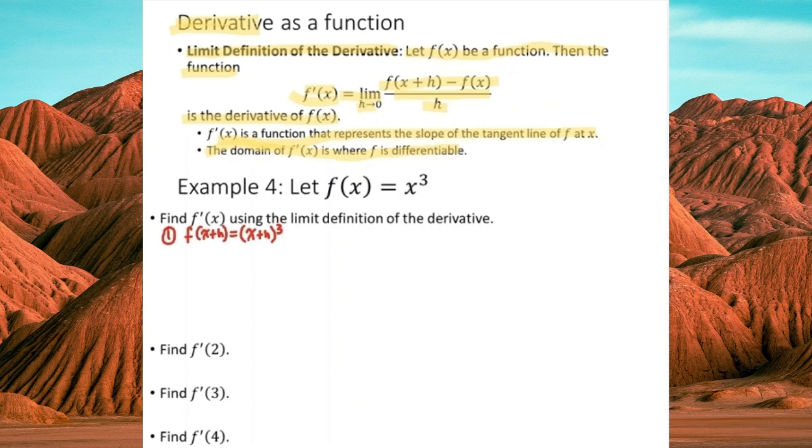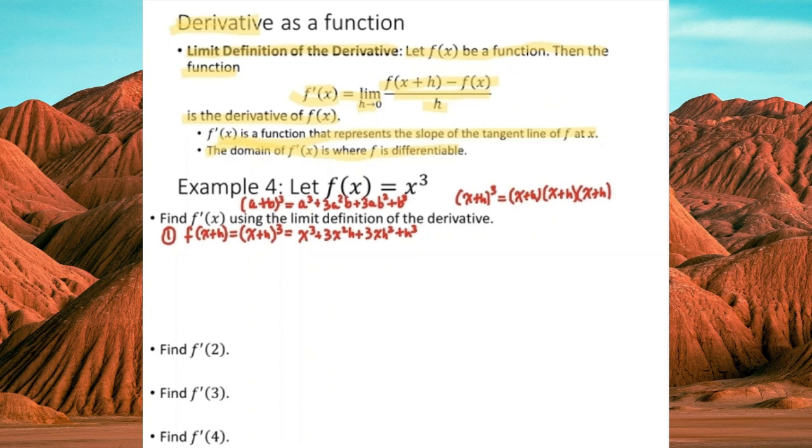If we expand this using our special formulas, more specifically a plus b cubed is equal to a cubed plus 3a squared b plus 3ab squared plus b cubed, x plus h cubed would expand to x cubed plus 3x squared h plus 3xh squared plus h cubed. One thing to note, though, is that if you don't remember the formula, the alternative is we can write x plus h cubed as x plus h times x plus h times x plus h